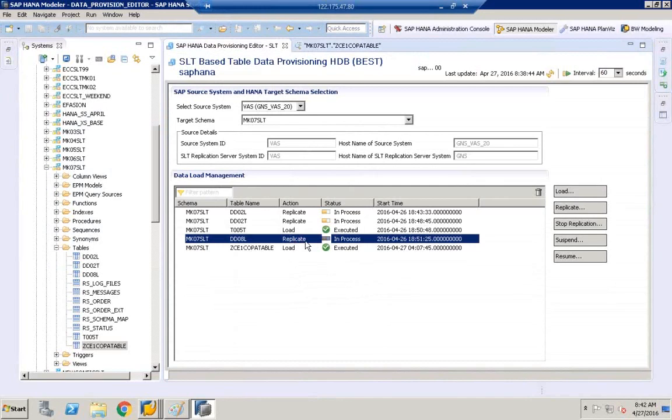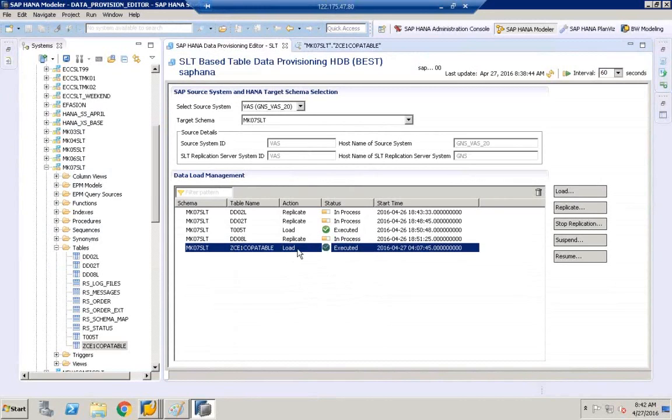We need to have this status. Only then whatever the change that you make is updated to HANA. For load, it doesn't update. It's only one-time job. So in order to get data in real time,